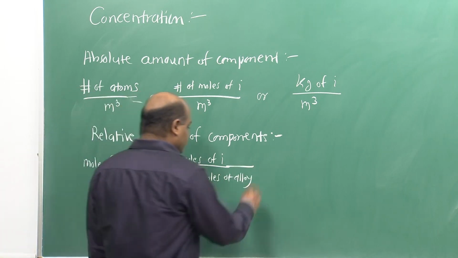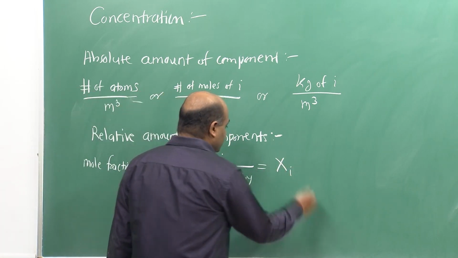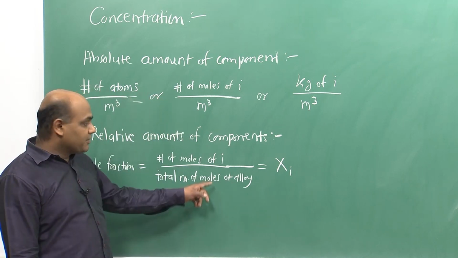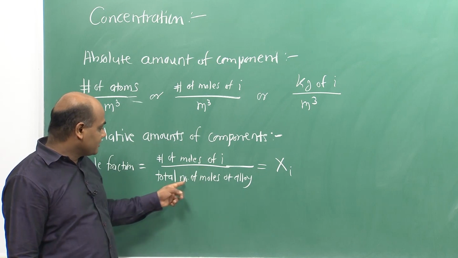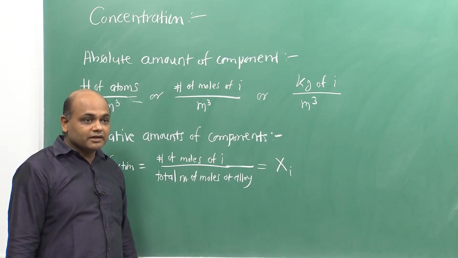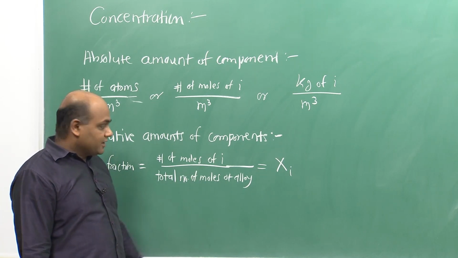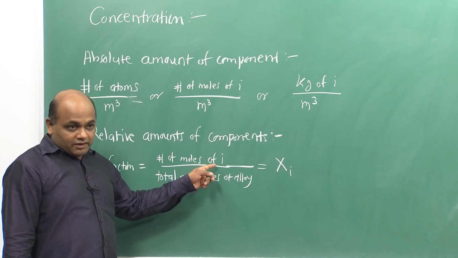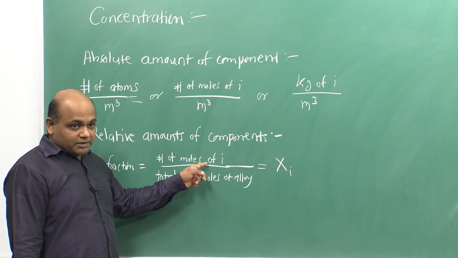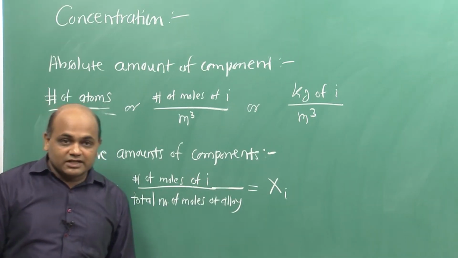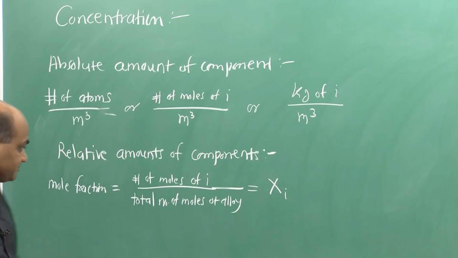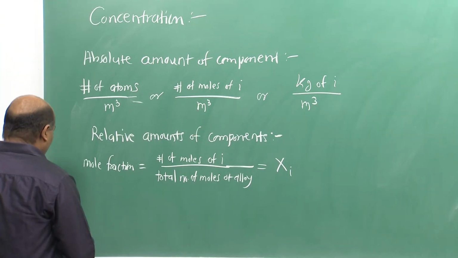It is usually referred to as Xi. This is also the same as atom fraction. Atom fraction will be number of atoms of i divided by total number of atoms, and there is only a factor of Avogadro's number between number of atoms and number of moles, right. And so, the mole fraction is basically the same as atom fraction,